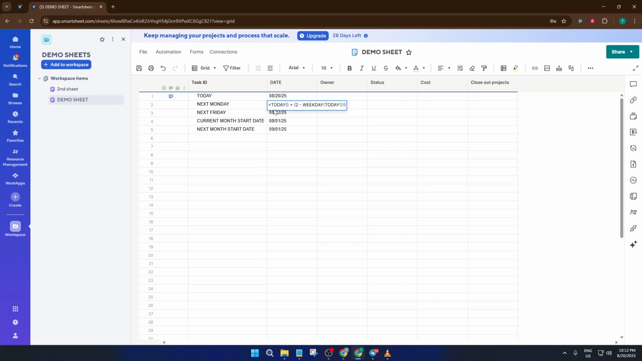The weekday function gives you the day of the week as a number. For example, Sunday is 1, Monday is 2, and so on. By subtracting the current day's number from 2, you get the number of days to add to reach the next Monday. If today is already Monday, this formula brings you to today, which is super helpful for weekly planning. Don't worry if math with dates feels odd,